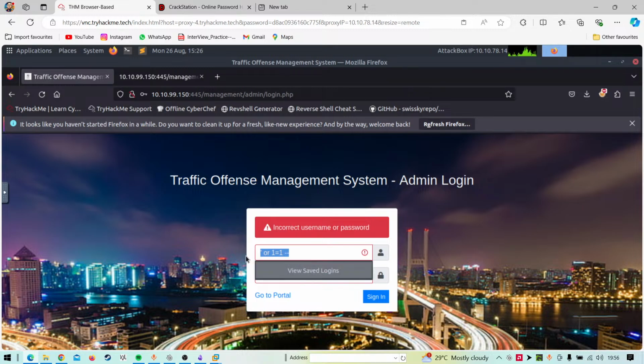So even the SQL injection is not working. Oh yeah, SQL injection is definitely not working.